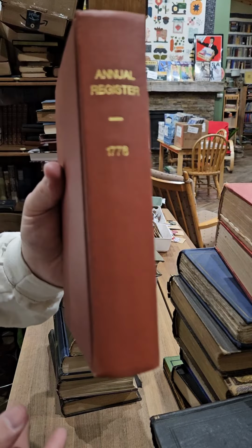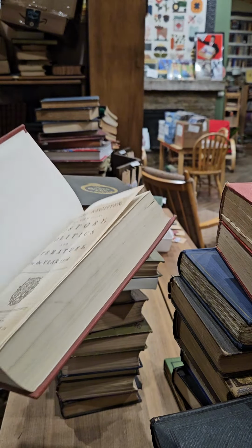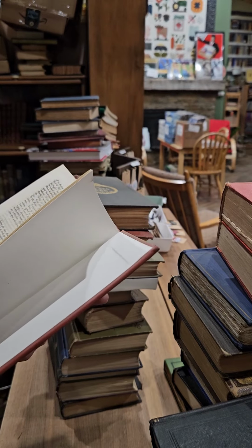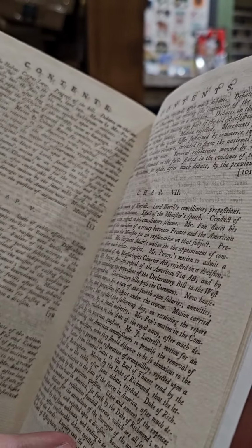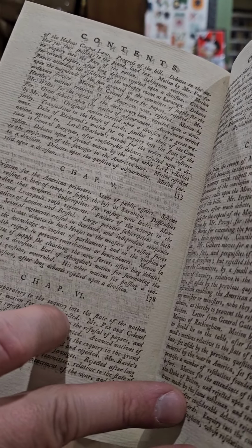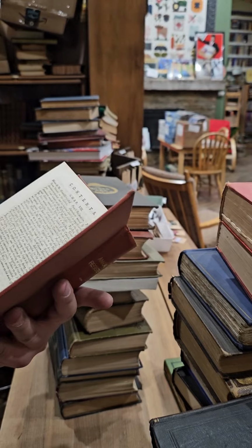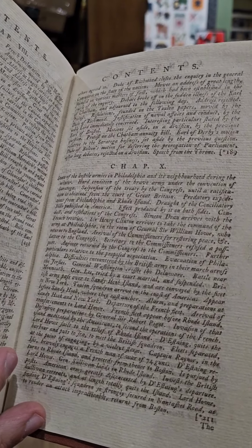All right, next we have the Annual Register for 1778. It's been rebound, nice modern binding on that one. This is the first edition, published in 1779. And I would assume there's a bunch of Revolutionary War contents in this one. Let's see, Chapter 5, Subscription for American Prisoners, State and Public Affairs, Scheme for Raising a Body of Troops to Supply, The Loss of Saratoga,